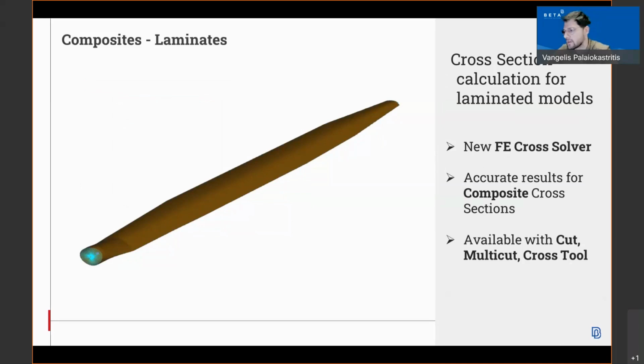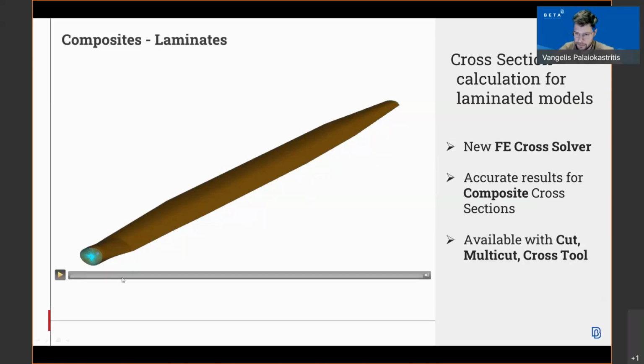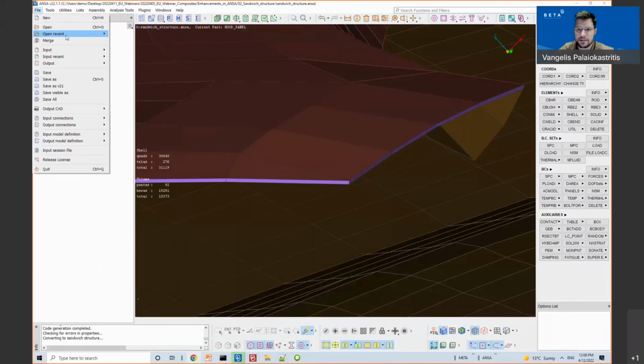So in this way, a more accurate result is calculated for laminated cross sections. Okay, let's see that example in Nanza.